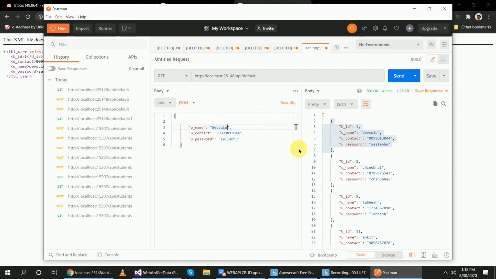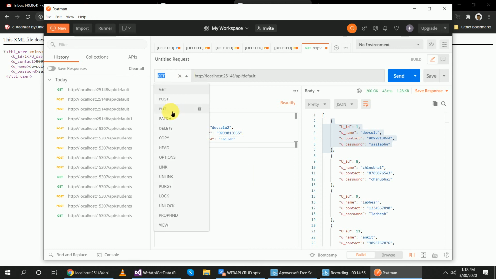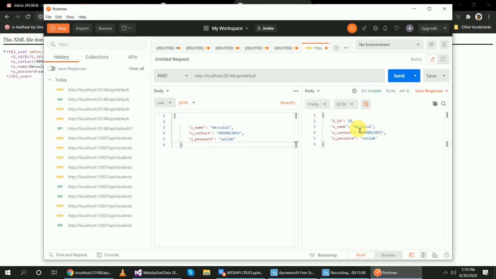Now suppose I want to add Dev's root 2, because I have given validation, so I will give a different mobile number, and for the password also I will give a different one. Select the HTTP post, and now I will post this data in this application. So Dev's root 2 will be added. Send it. Yeah, you can see here Dev's root 2 is added and I receive the response in the response body.